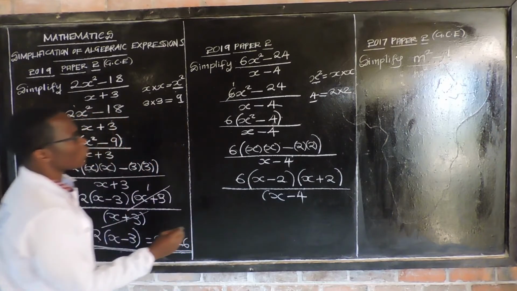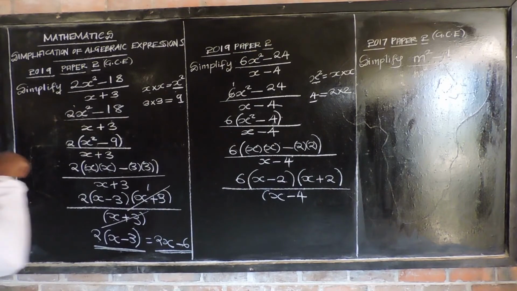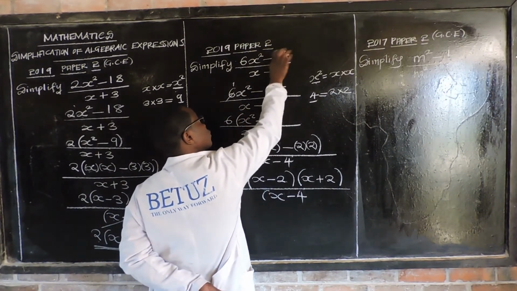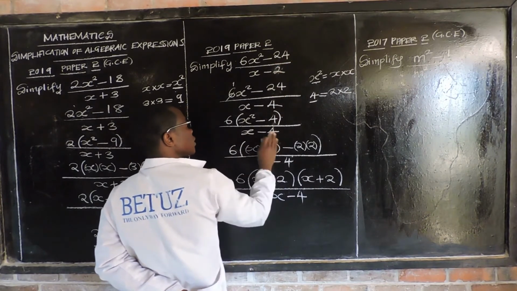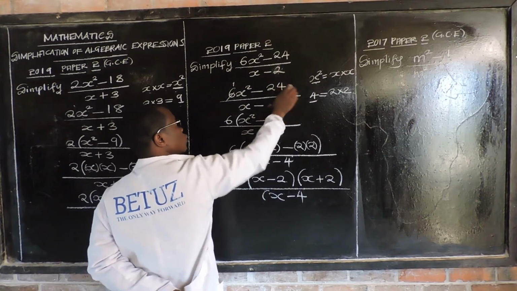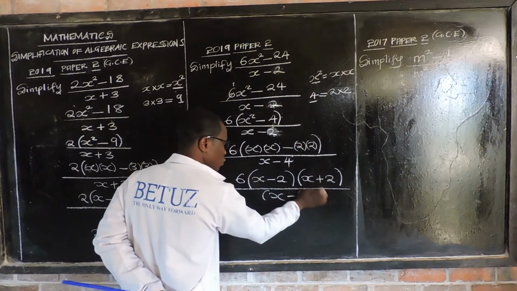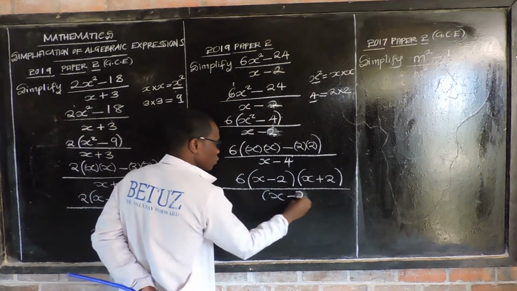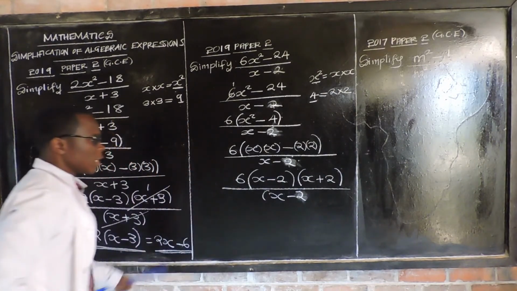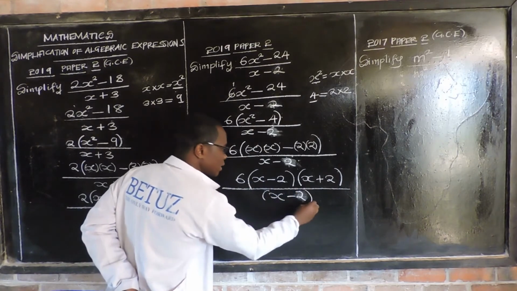Okay, is it 4 or 2? Take note, this one's supposed to be 2. This one's supposed to be 2, and this one, and this one. Sorry for this one. Sorry for that. Now you realize in this case, since I've corrected this one, you realize this part and this part,